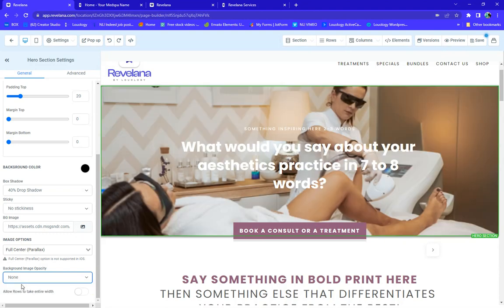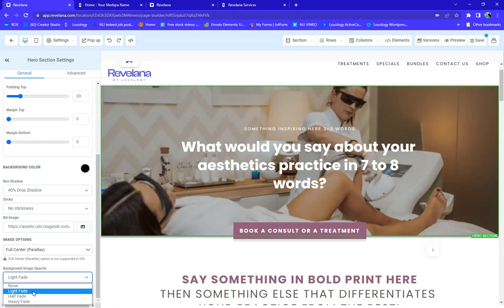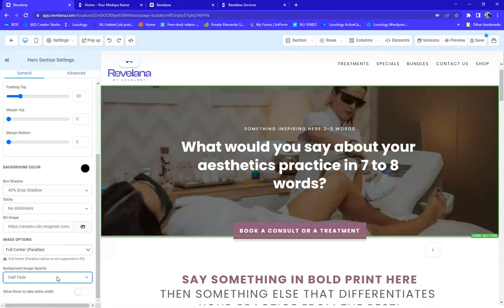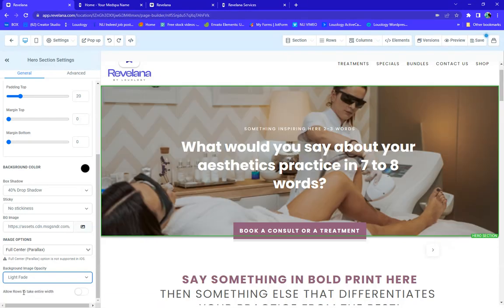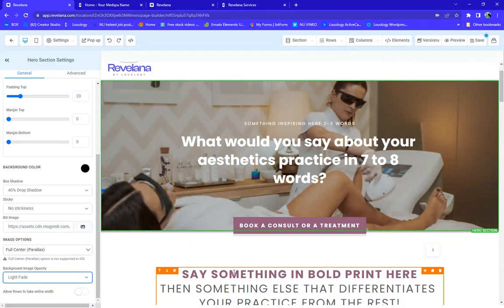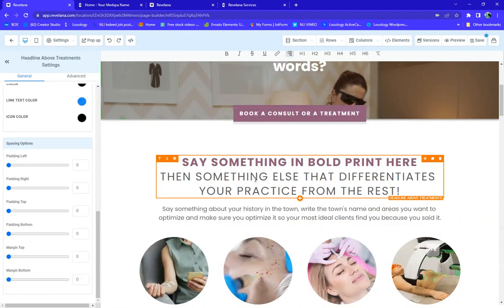So we can do no fade, but then the white is really hard to read on the white image. We can do a light fade, which makes it much easier to read, and that might be good enough. Or you can do half fade or a real heavy fade, right? So I think based on what I saw, I sort of like the light fade. So it keeps it bright and light. I like that. But you shouldn't do a lot of fancy design only because a designer already worked